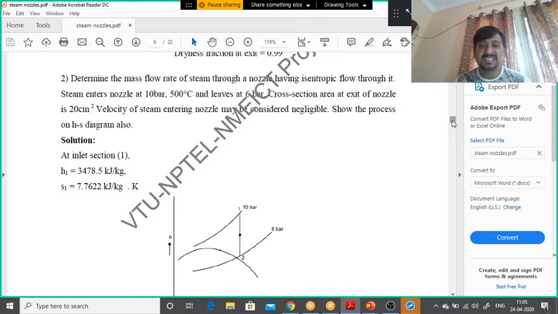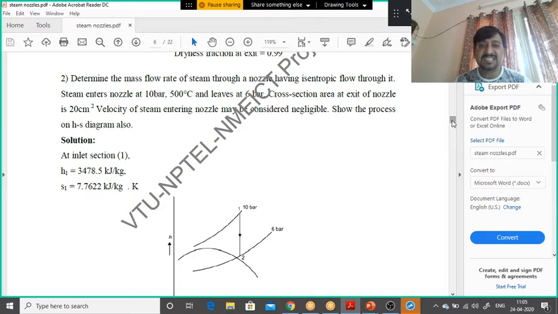We don't have one more thing, I guess. Temperature we don't have, right? If temperature is given, we can use it, because we need two things to find anything in the Mollier chart. Two items are required here: 10 bar and 100 meter per second. No temperature is given, only the pressure has been given. If we have at least two points, we can find everything in the Mollier chart. I think the second example is like that only.